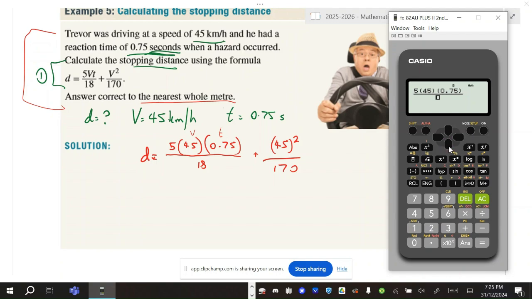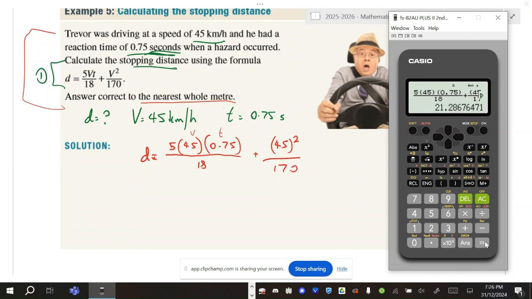Then I'm going to do the down arrow so that I can go down to the denominator, put in the 18, use the right arrow to go across to the right-hand side of the fraction, press plus, and start a new fraction, so it looks exactly like what we've got: bracket 45 close bracket, and I'm going to hit the squared button up here because I'm squaring that 45. Once again, down button to go down to the denominator, 170, and I'll hit the right button just so I'm over at the edge of the fraction. Got everything I need. I'm going to hit equals, bang,